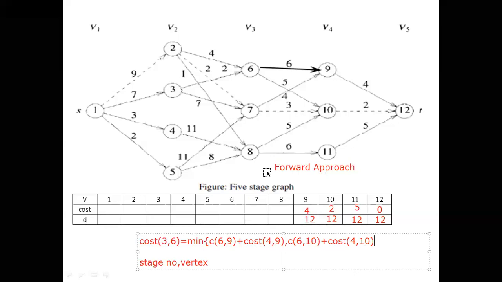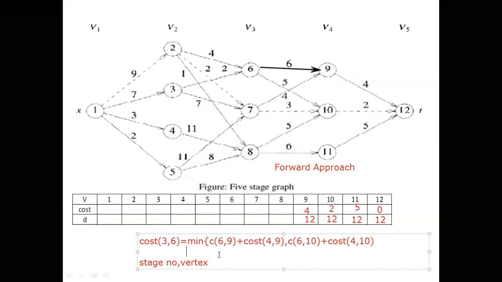I hope it is clear, because now we are finding the shortest path from 6 to 12 and another one is 7 to 12. 6 to 12 goes by 6 to 9, 9 to 12, otherwise 6 to 10, 10 to 12. Is this path better or this path better? That is the question here. Now you have to add that particular value. Right, I will add it.